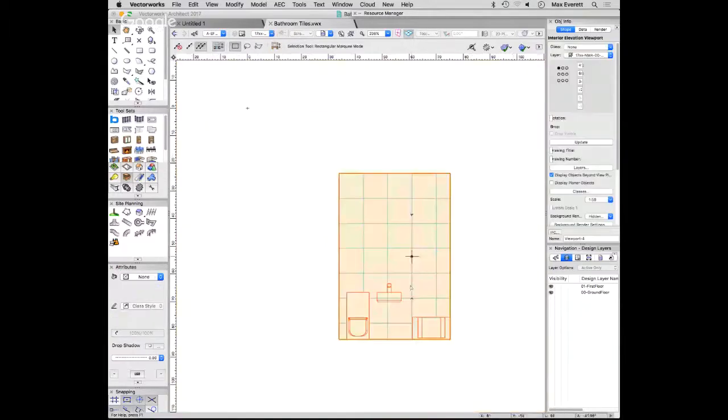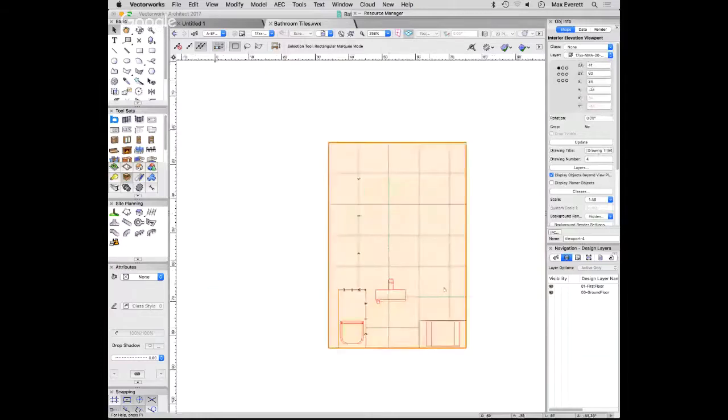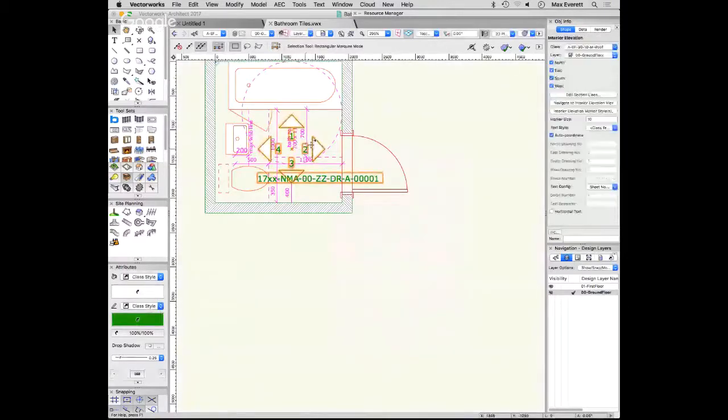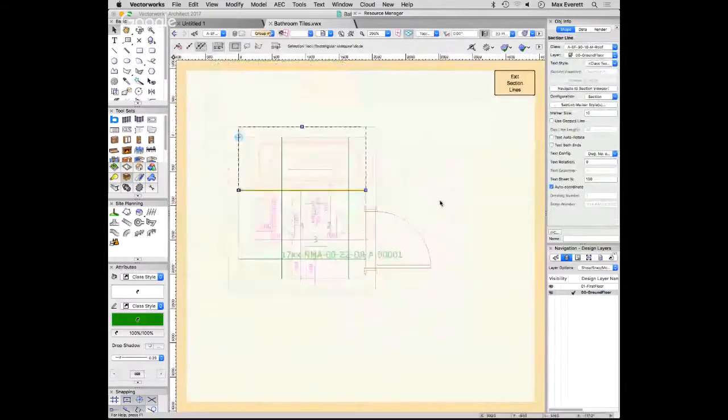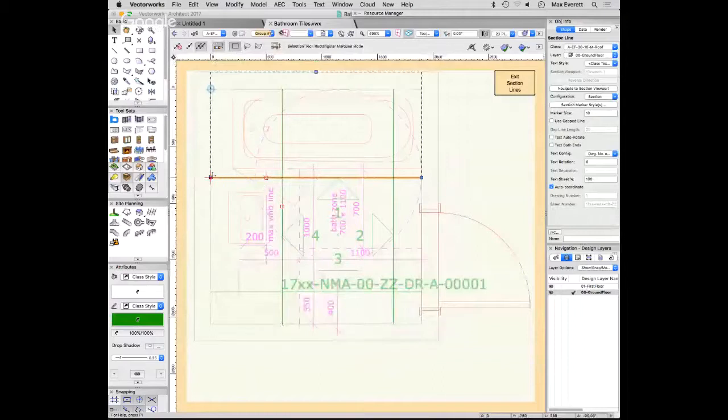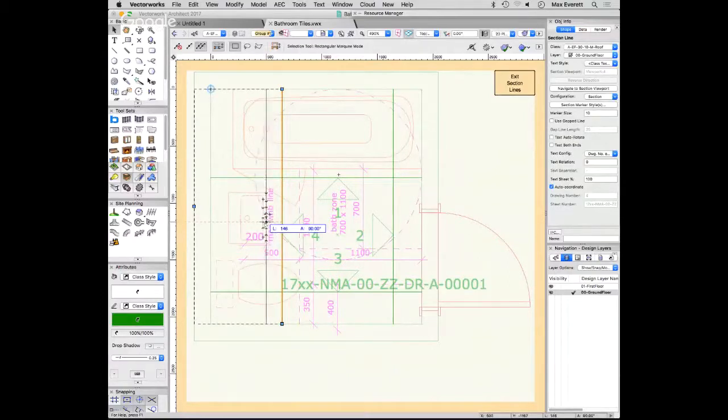So a couple of things, yeah, it doesn't work quite right on the sink. So what you need to do is, if you go back to your design layer and you double click on your interior elevation tool, you get what they call vanishing lines. So you can see the cut line is here, and the extent of it is just at the outside of that wall. So if you move the sink cut line to be inside the sink,